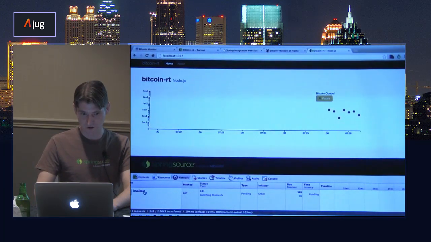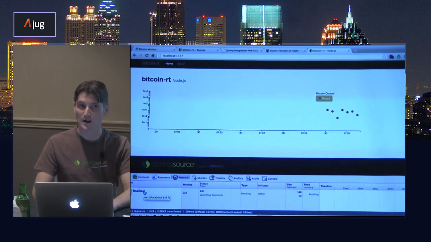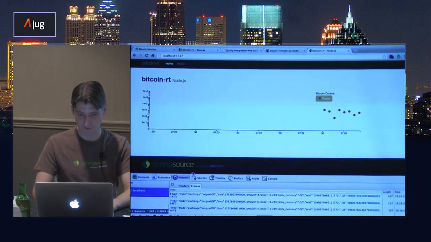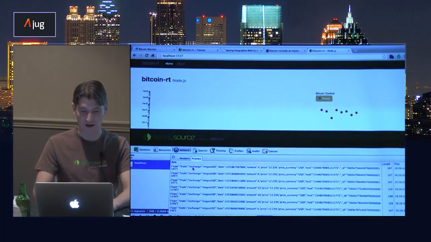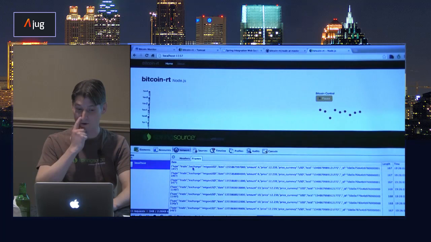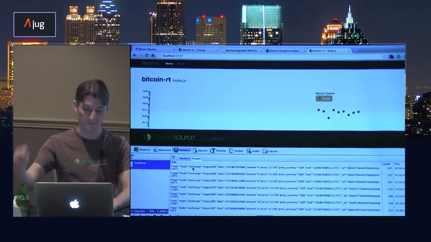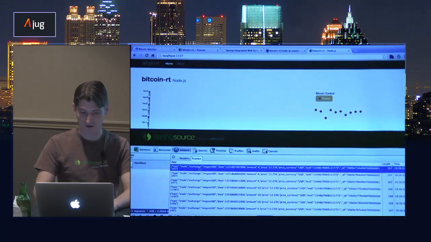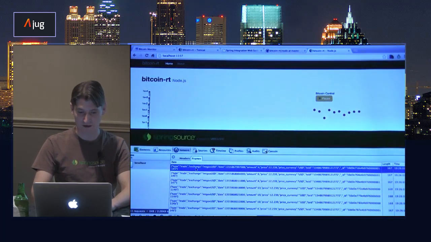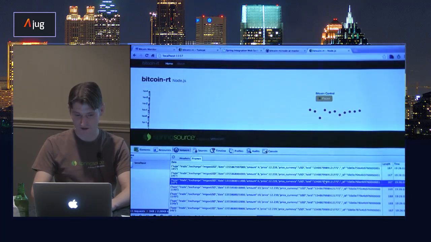And when you're using Chrome, you can also tap into the details of the WebSocket, the data that's being exchanged. Here you see the individual messages, or more precisely, you can tap into the payload of the exchanged messages, which in this case is JSON. So you see the trades, date, price, etc., what's being exchanged.